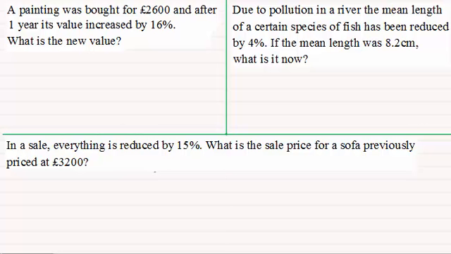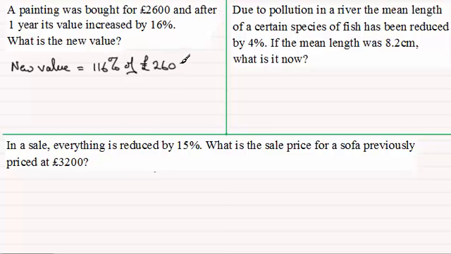Okay, welcome back then if you had a go. So for this first question then, we've got here a painting was bought for £2,600 and after 1 year its value increased by 16%. What is the new value? So what we've got here then is that therefore the new value will be equal to 100% plus a further 16%. So in other words, 116% of